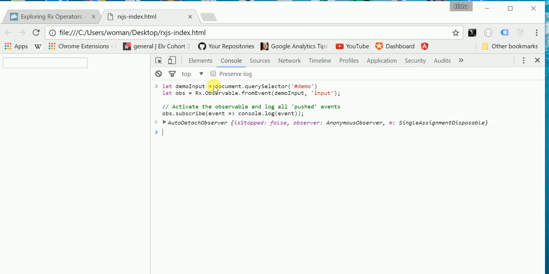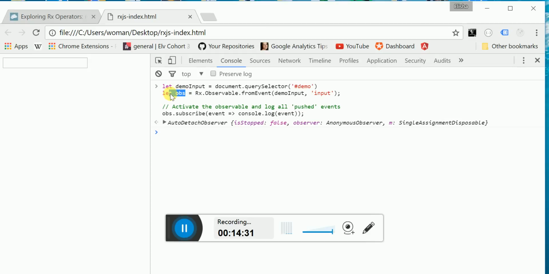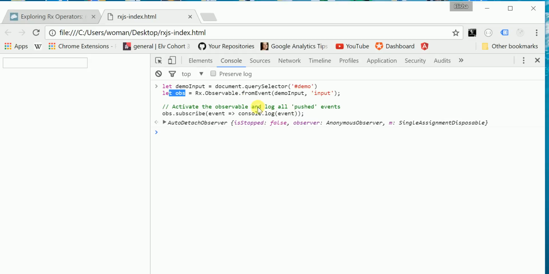Okay, so we say let demoInput equal document.querySelector demo, with an ID of demo. So this input box has an ID of demo, and we turn it into a variable called demoInput, and we want to transform this whole input into an observable, just like we did with that array, if you recall. And we say let obs equal that observable, and the observable is saved in this variable, and we say obs.subscribe. Again, it's the exact same concept. We're subscribing to an observable,